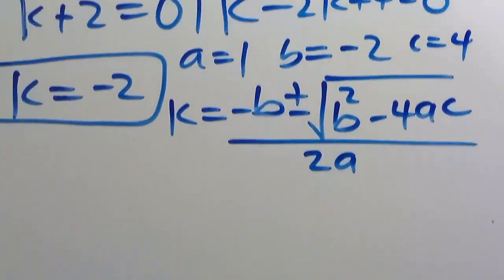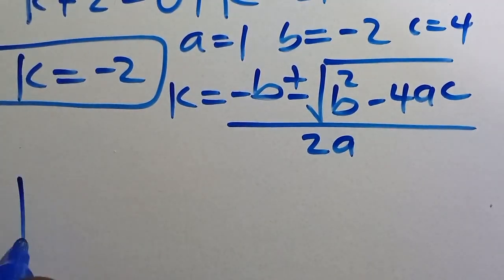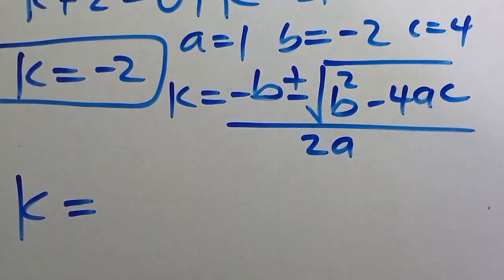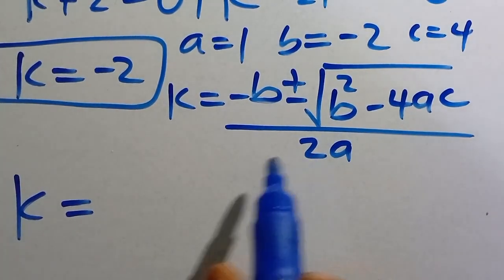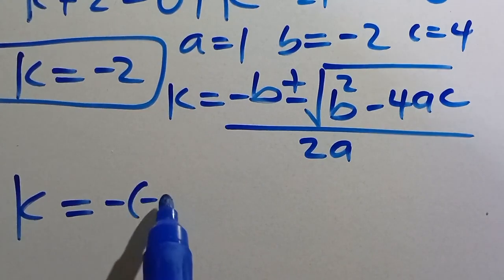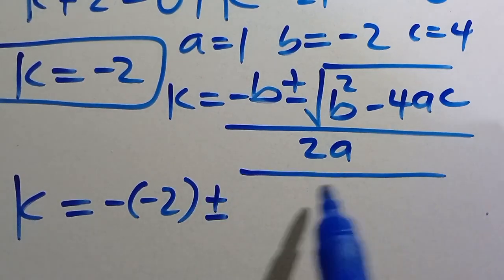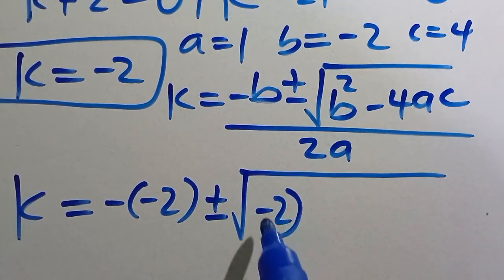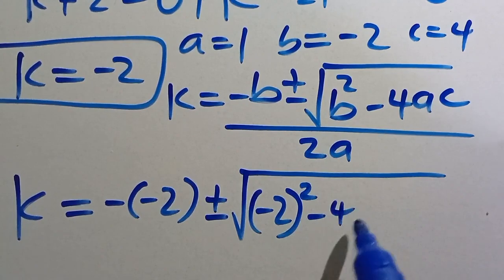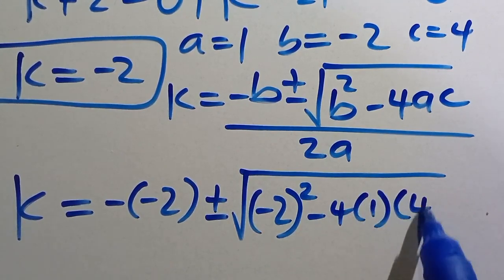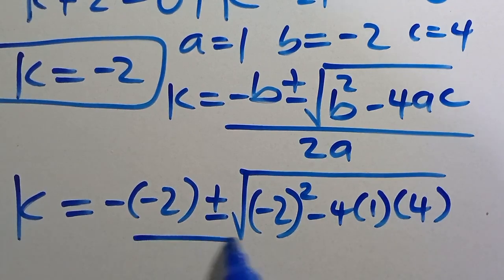So when we plug in everything here, we are going to have k equals minus, outside, minus 2 in parentheses, then positive or negative square root of minus 2 in parentheses to the power of 2, minus 4 multiplied by a, which is 1, multiplied by c, which is 4. Then all divided by